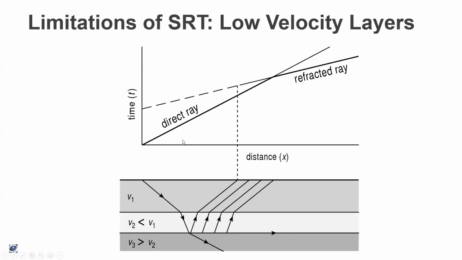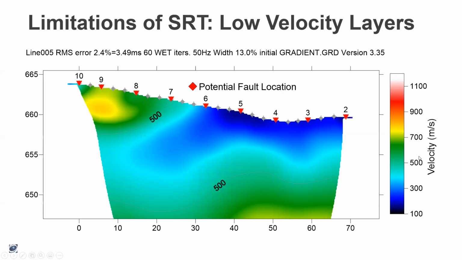And the result is that you'll have 2 refractors rather than 3, and the velocity for your refractor here is going to be distorted. It's not going to be the V3 velocity. It's going to be some weighted average of the V2 and V3 velocity. This is a situation that you commonly see in arid environments where you have caliche. Caliche is a